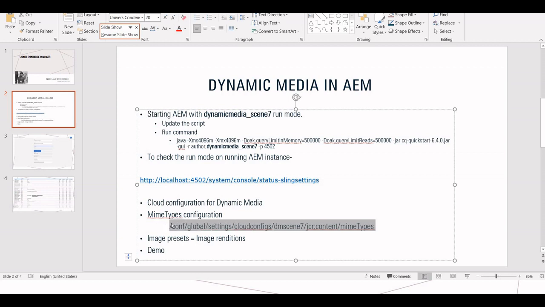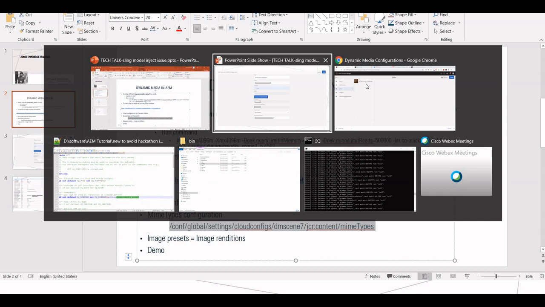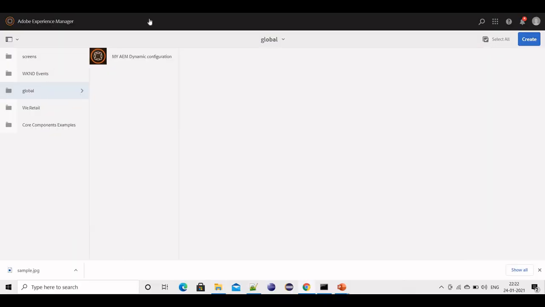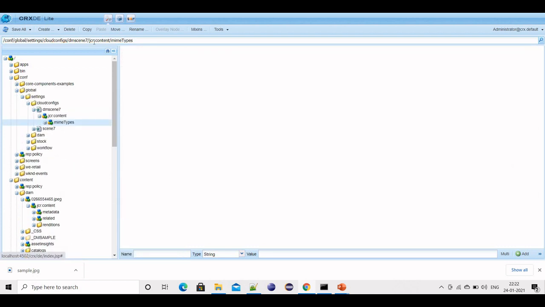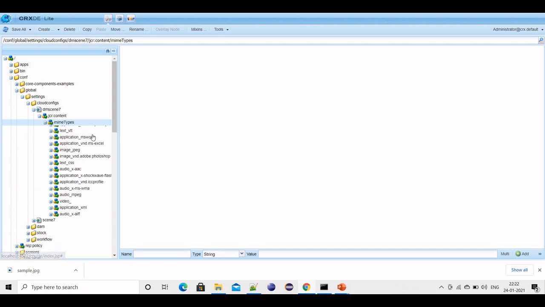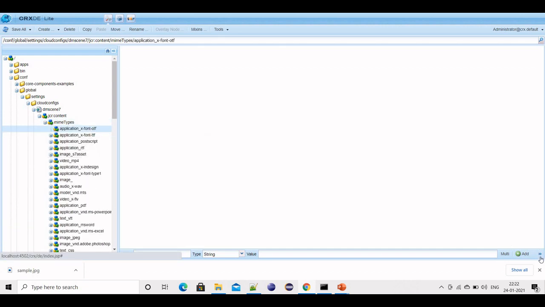These are the default MIME types for which the cloud configuration is automatically enabled, which means you will have access to it. Yeah, so these are the MIME types for which... okay, it's not showing.